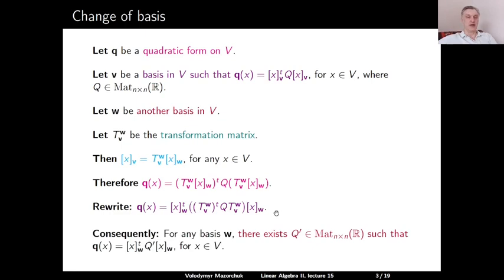Consequently, for any basis W, we can find an n times n matrix Q prime with real coefficients such that our quadratic form Q, evaluated at any vector x in V, can be computed as the coordinates of x transposed times this matrix Q prime times the coordinates of x. So for any basis, we can find such a matrix. However, this matrix is not uniquely defined. So let us now discuss